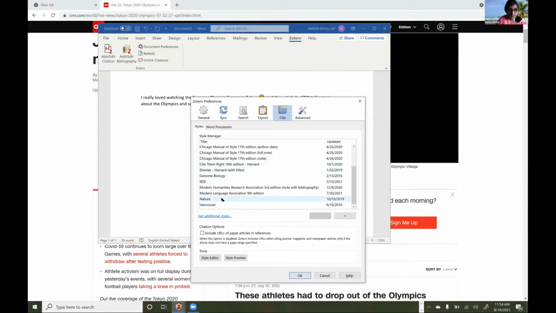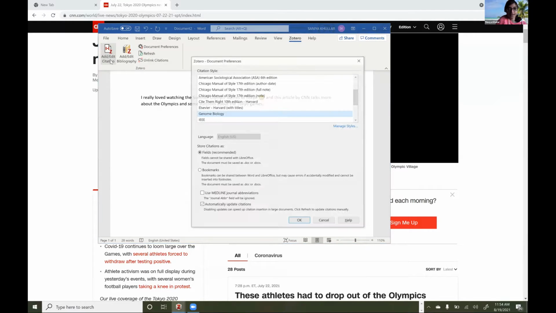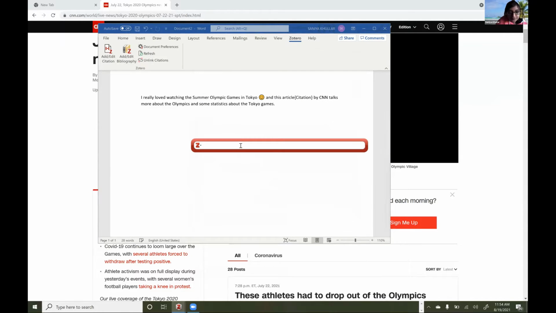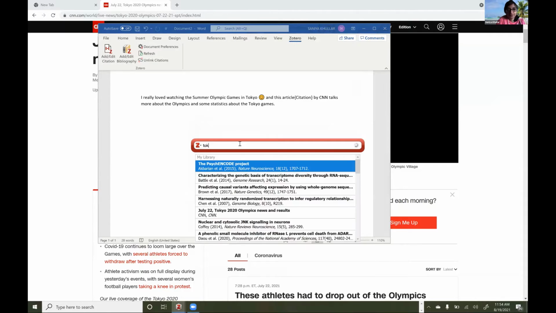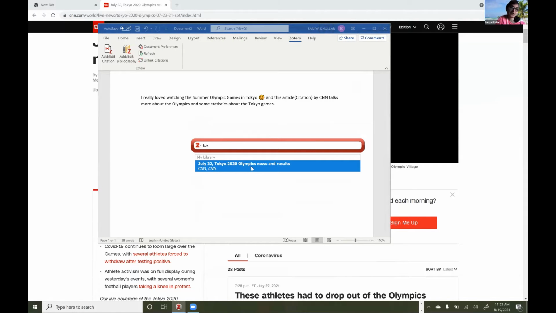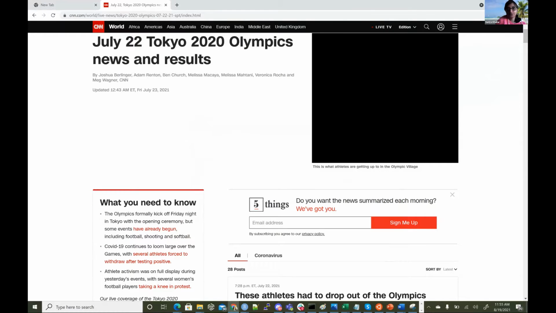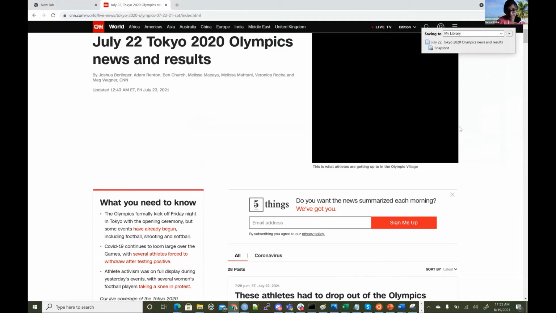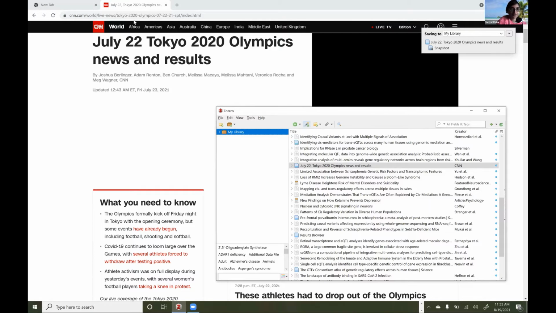So if I want to use Vancouver, for instance, I can just click OK. And then I can add Vancouver and add Tokyo. So it's important when you are downloading it as well. And if you forget, it's okay, because even if let's say you reselect this, and that's your question, like, what if I select Zotero Connector again? And I reselected it, I forgot that I already had it there. So there's an option here to just get rid of the duplicates,